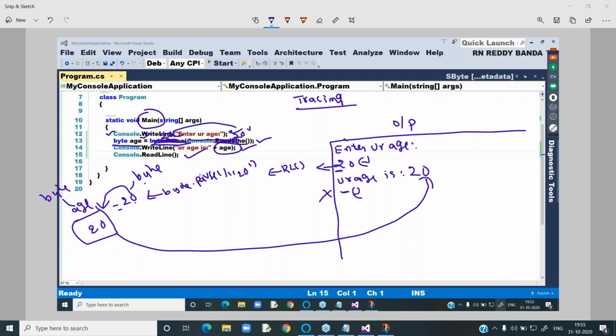Next, come back to our discussion. Whatever doubts you are getting, try yourself. Don't ask me, because you also have Visual Studio. If you want to enter a floating value, enter it. If you want to enter something else, enter it. Don't ask me. Instead, try again and again, then you see what's happening. Instead of asking doubts, try yourself.